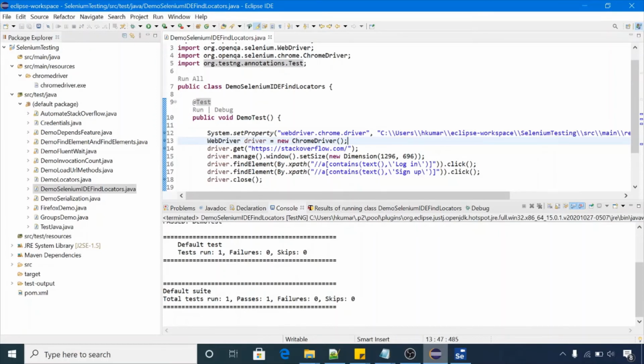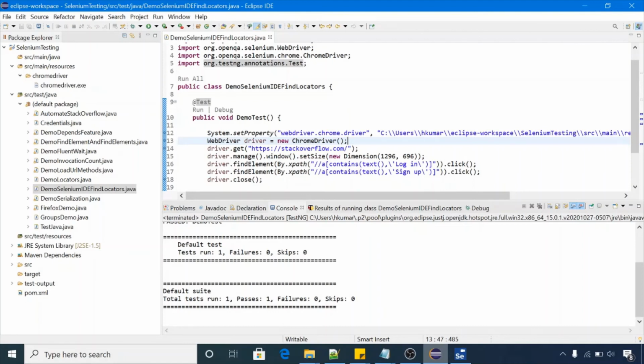If you go with the Chrome browser or Firefox browser and try to find the elements manually from the Chrome browser or Firefox browser, it can take time. Using Selenium IDE, you can record the complete script like launching the browser, opening the website, clicking on login, entering username, entering password, clicking on the login button, and then you can use some assert commands also. To learn how to use assert commands in Selenium IDE, please go through my Selenium IDE series. I will put the link in my description box.